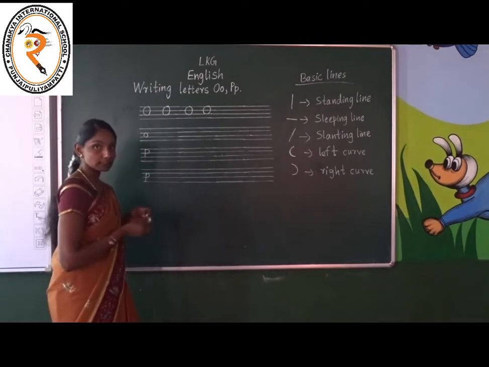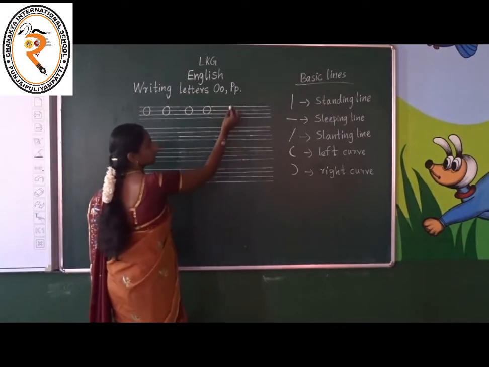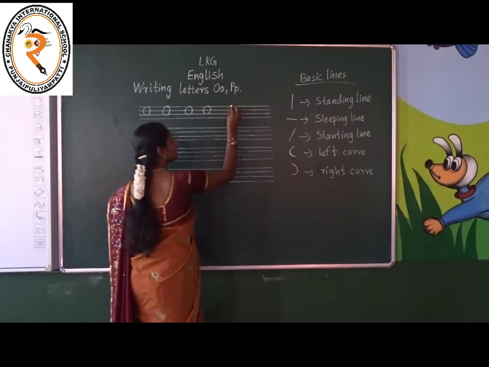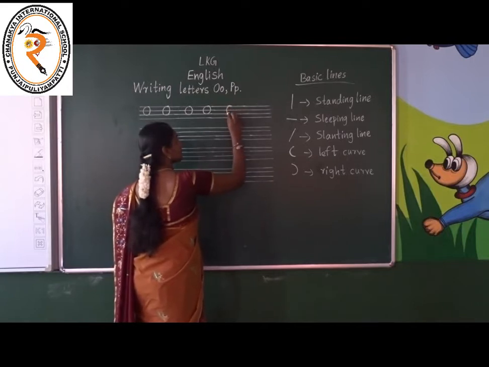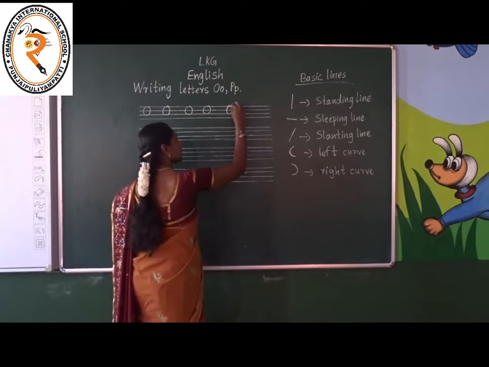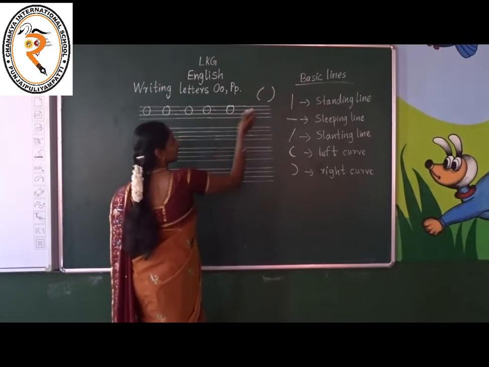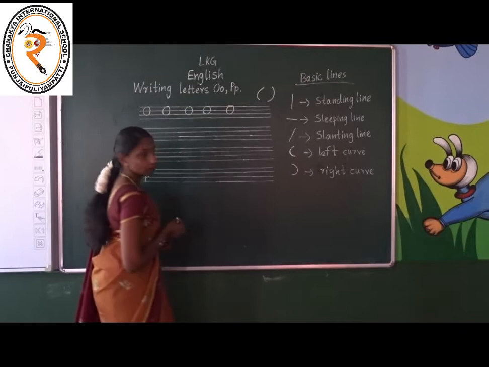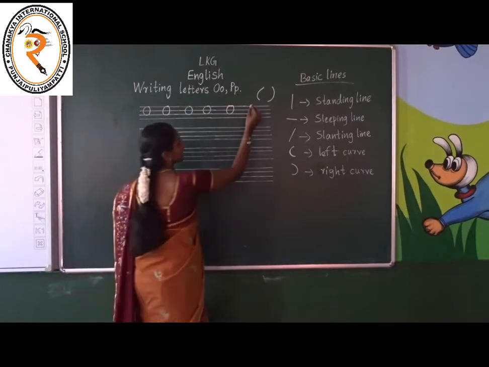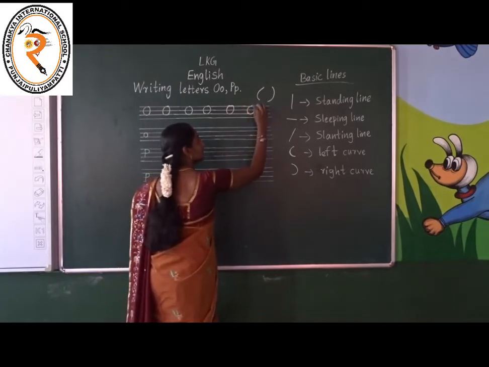Now, are you all writing? What is it? Capital O. Very good. One more time. Keep your pencil at the first line and put a left curve, children. Left curve. Yes. From first to third line and continue it with the right curve. This is right curve now. This is left curve. Joining these two, we are getting capital O. Shall we write one more time? Come on. Start at the first line and put a left curve and continue with the right curve.